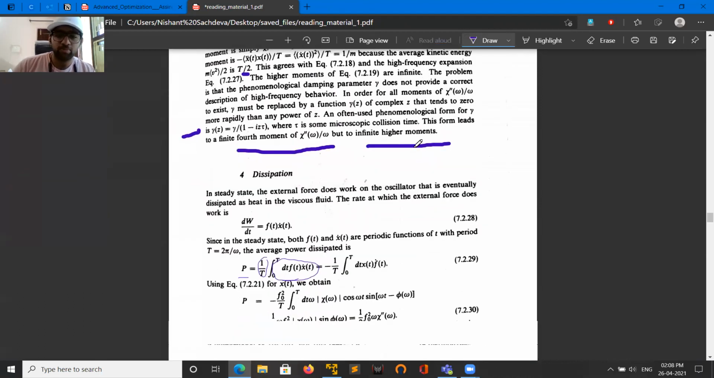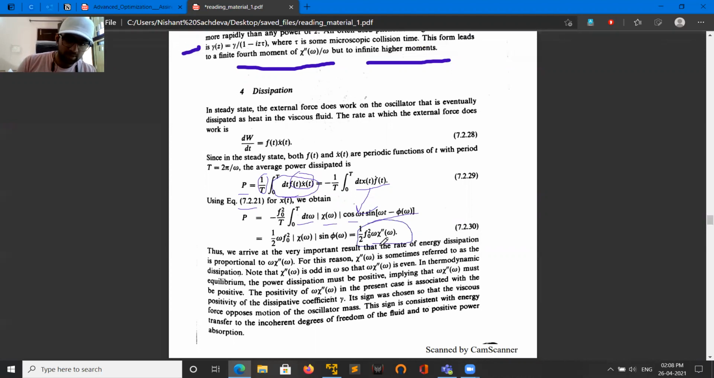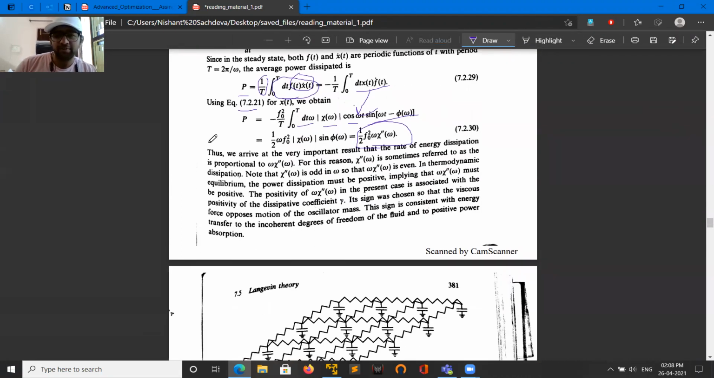Now, using equation 7.2.21 for x of t, we obtain P, where x of t has the equation above. We substitute it here and get this part. So what we get is minus f naught squared by 2 divided by time, integral over time T dt of omega mod chi of omega cos omega t sin of omega t minus phi of omega. So you solve it and it comes out to be this particular expression in terms of chi double dash of omega. Thus, we arrive at a very important result, basically, that the rate of energy dissipation is proportional